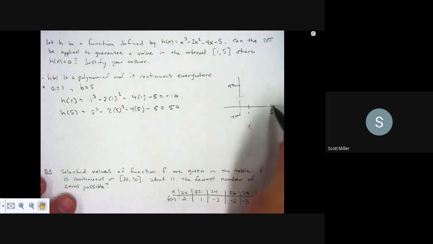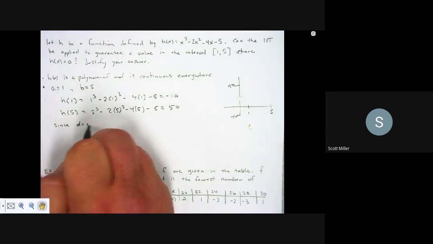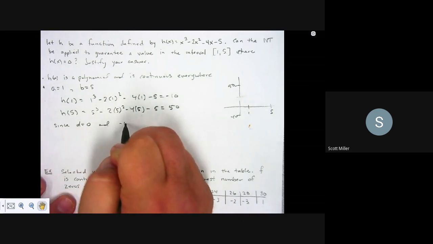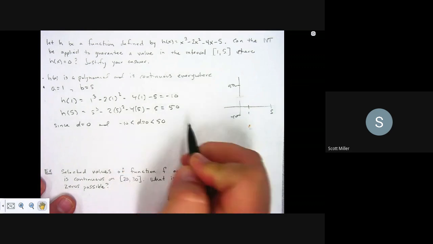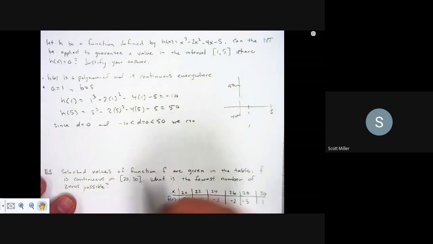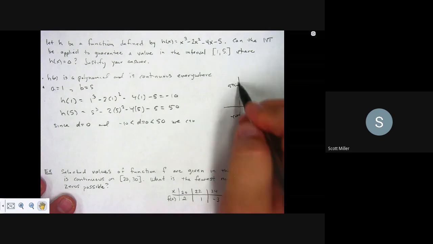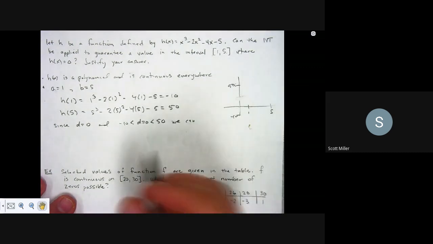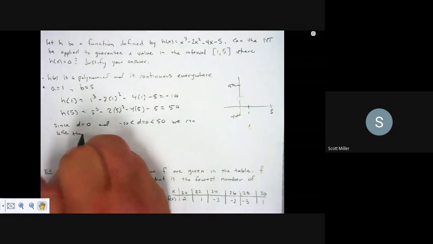So is there an X value? Since I know that D equals 0, and I know that D equals 0 is between negative 10 and 50, we can use... So the question was, can I use the intermediate value theorem? I have a continuous function on this interval. I've established D to be between these two values, so the intermediate value theorem does indeed guarantee, okay? We can use the intermediate value theorem to guarantee